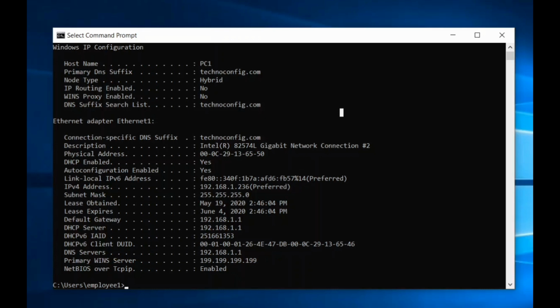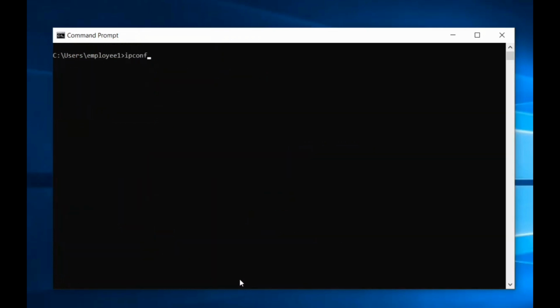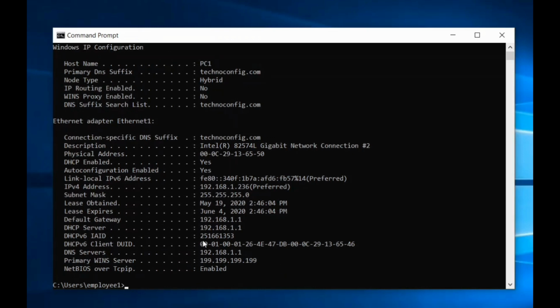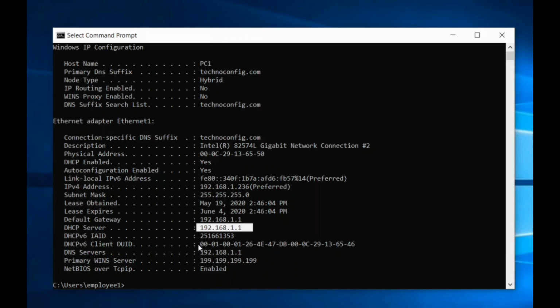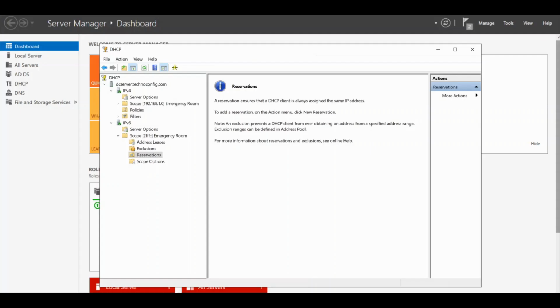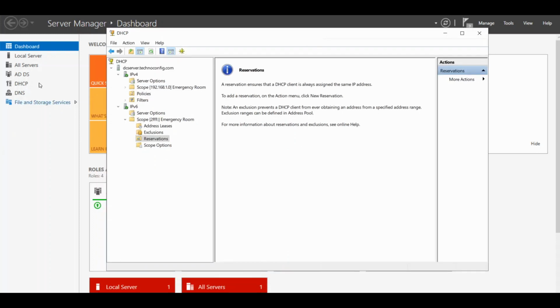Next, in order to make an IPv6 reservation, we need two things. If you run the command ipconfig space /all on your employee 1 computer, you will see two numbers here, this one and this one. It's the identity association ID, and the unique identifier for DHCPv6. We need these two numbers to make the reservation for employee 1. So going back to our DHCP server manager on Windows Server 2019,